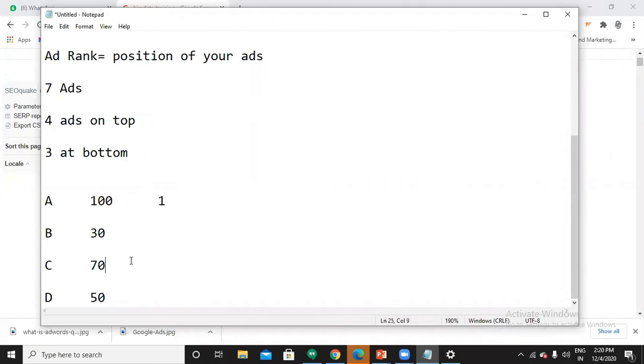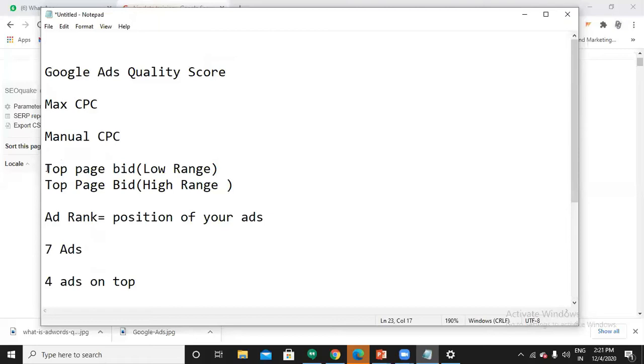The next, C, next D, and B. Okay, so this is the main thing we know, right? Now, what is the ad rank of A? One. Ad rank of B? Four. Ad rank of C? Two. So based on what is Google giving you the ad rank? Based on bidding. The more you pay, the higher the position. Simply, right? So this was the main factor that we have discussed till now.